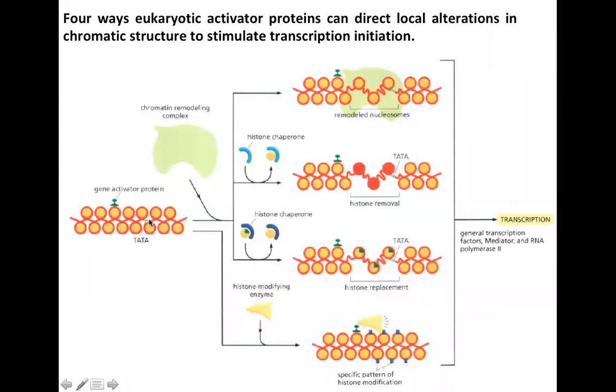So what do we need to do? We need to make this Tata box, or this initial transcription binding site, available to the transcription machinery. So what happens? First of all, a gene activator protein binds somewhere on the chromatin to a region which is accessible. So when this regulatory protein binds here, this gene activator protein,